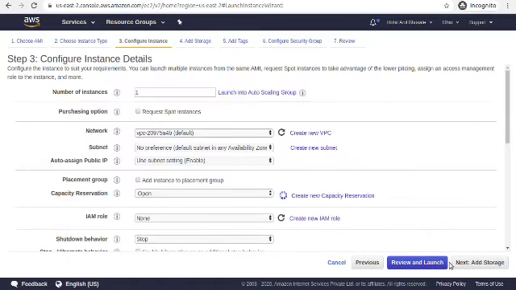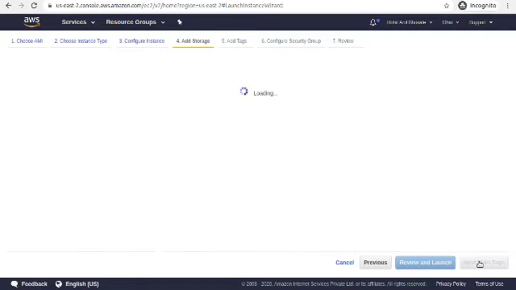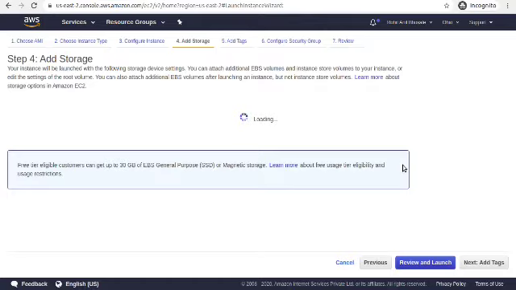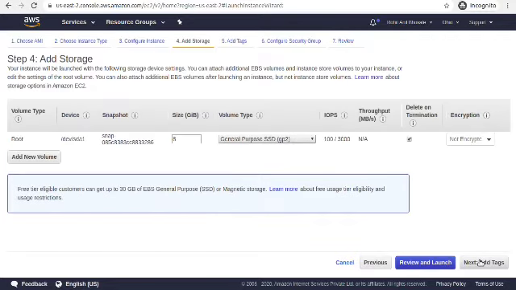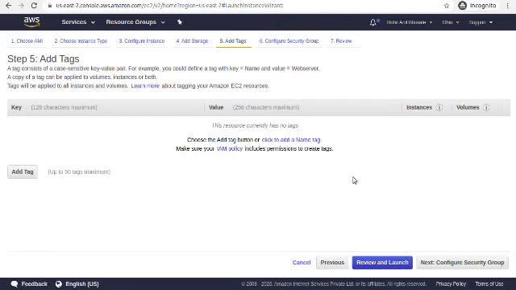Just click on Next. Here also click on Next. Again click on Next. Click on Next. Here also you can click on Next.